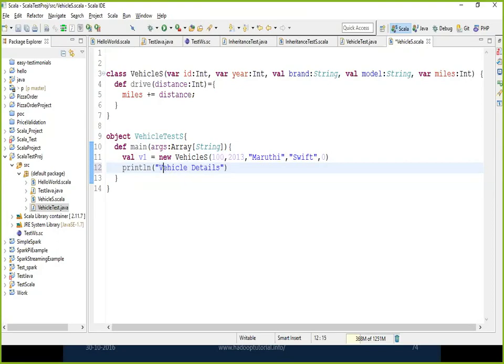Let me print everything in the same line: vehicle details v1 dot id, v1 dot year, and similarly